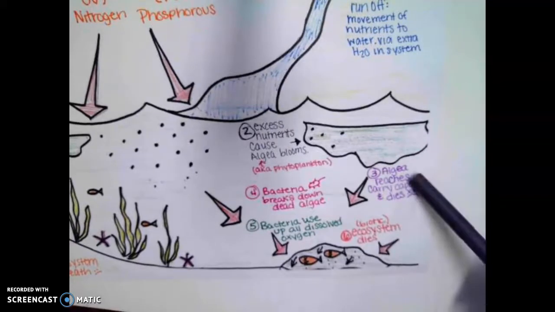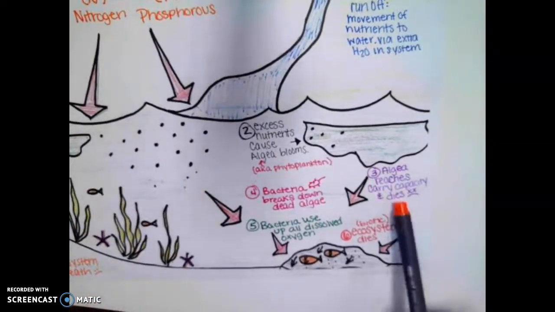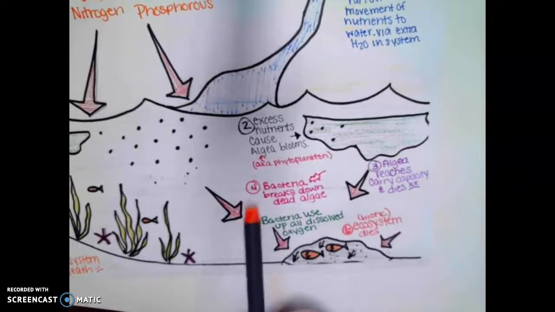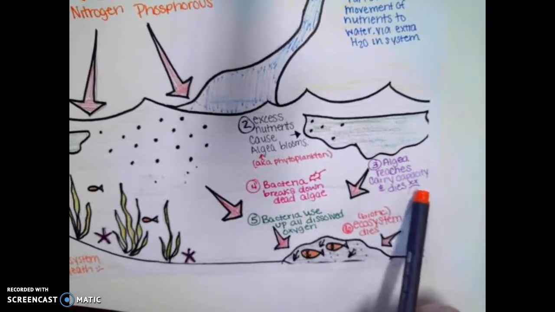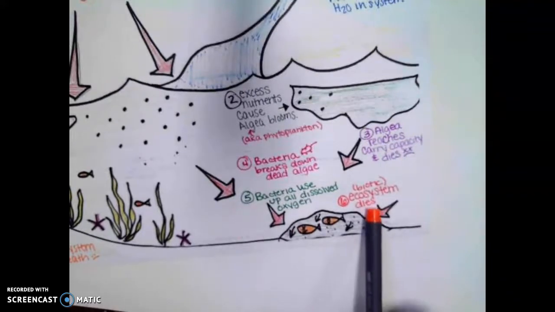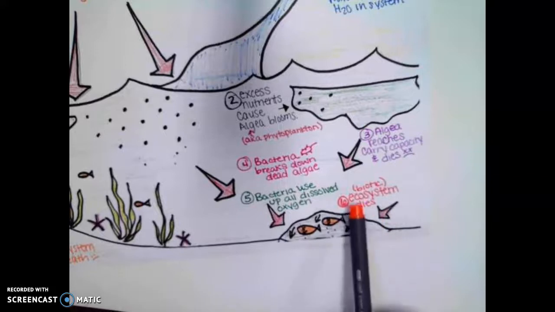Eventually, the algae will reach its carrying capacity based on other things that aren't nitrogen and phosphorus. Most likely, it's going to run out of room. When that algae reaches its carrying capacity, it'll die. Bacteria comes in and does what bacteria does, which is break down dead organic matter, in this case the algae. But unfortunately, there's so much algae to break down that the bacteria use up all the dissolved oxygen in the system. Without oxygen, our biotic things like our plants and our fish that we're living life die, and as a result,